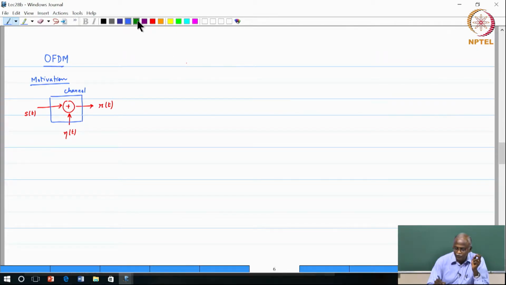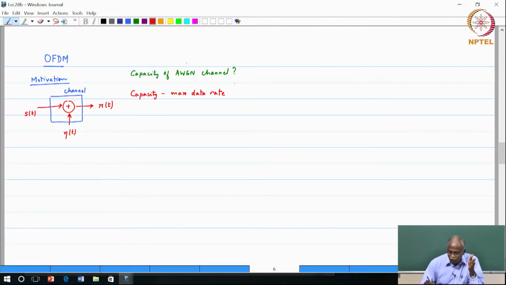Now, the question that was posed by Shannon and also answered by him is, what is the capacity of this AWGN channel, where additive white Gaussian noise is the only impairment? But first we must define capacity. Capacity is the maximum rate at which data can be transmitted. So the answer will be in the form of bits per second that can be transmitted over this channel,